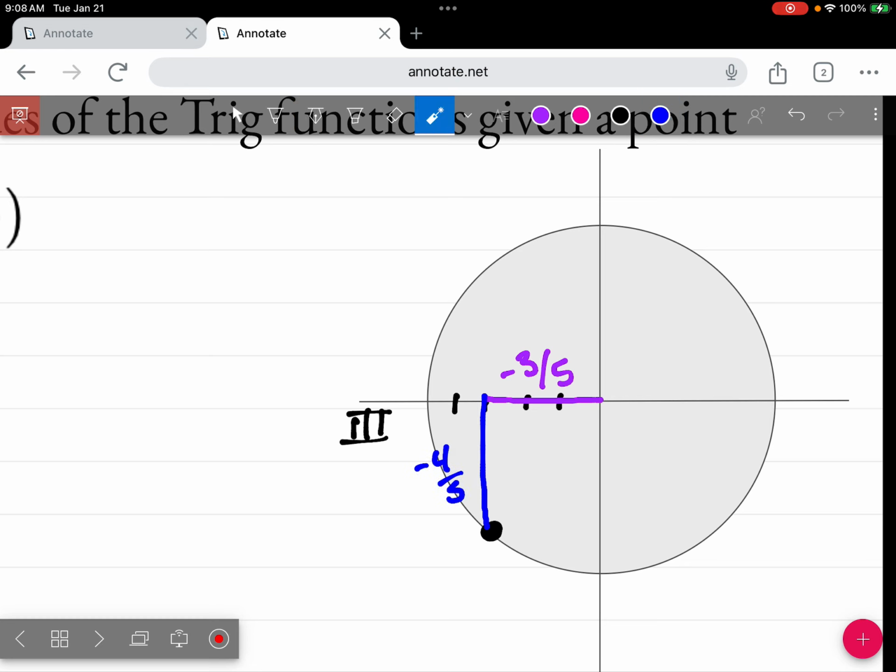From here, we can get all 6 of our trig function values simply because I know the angle, I know the x, I know the y, and I know the radius. So we know we're looking at this angle here because we're always looking at the angle based off of our x-axis. We're always looking for that piece right there, which does have a name, which we're going to talk about tomorrow, but it gives us the vibe. So from here, we can get our trig functions